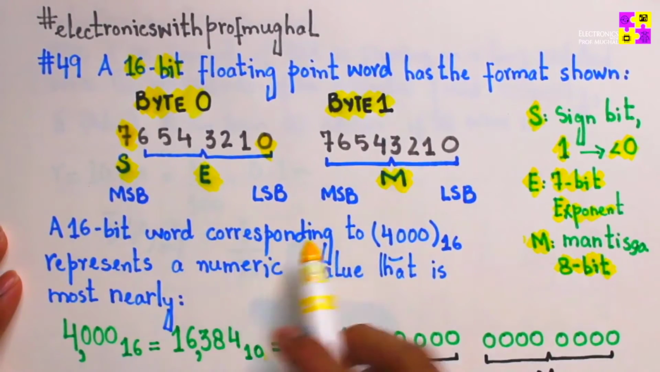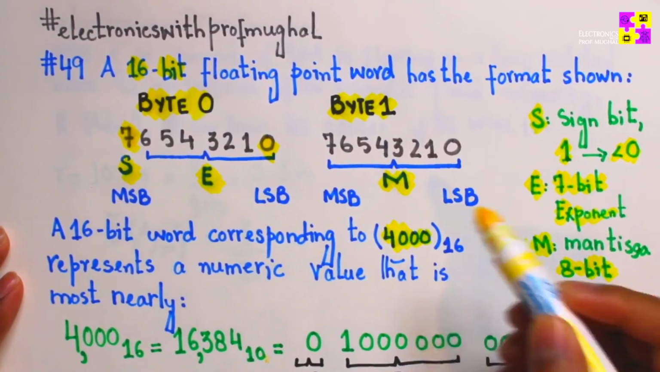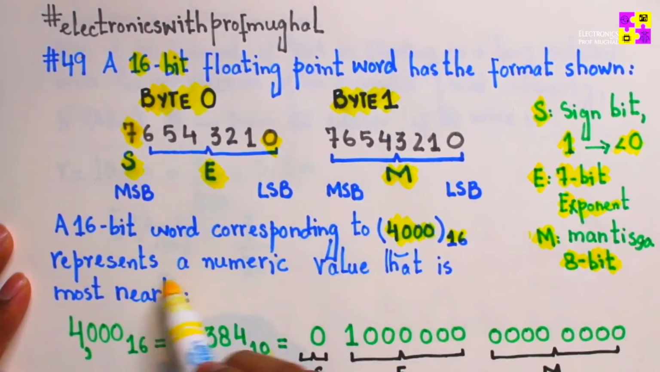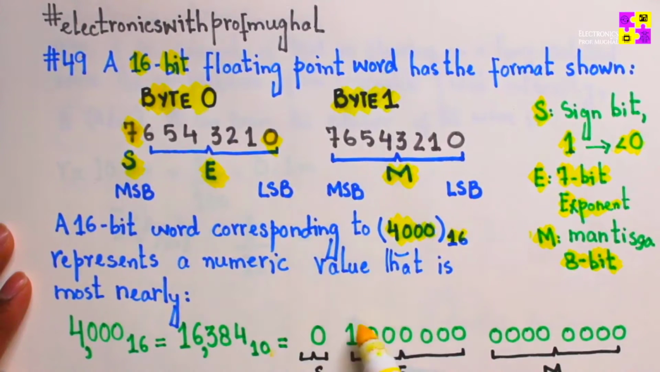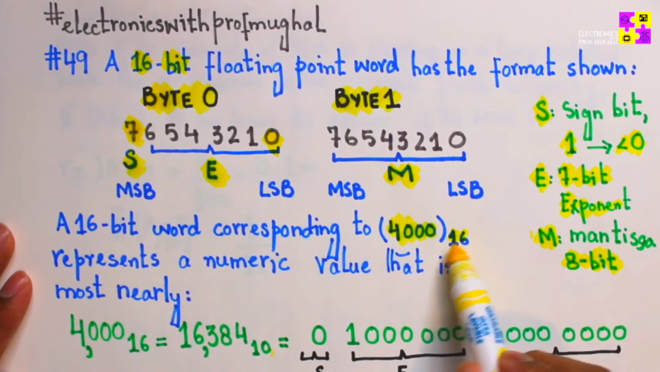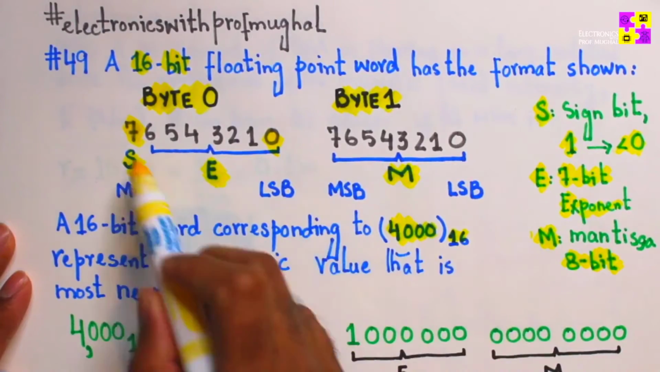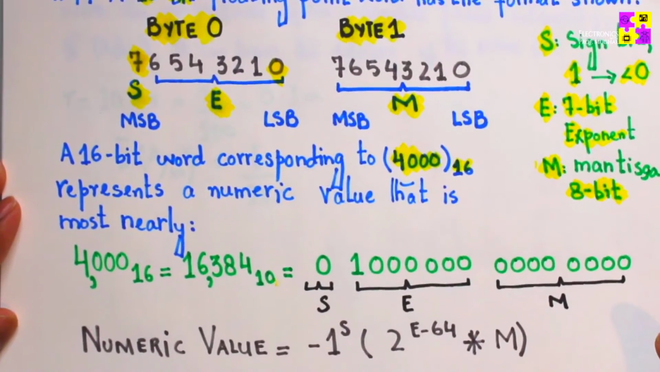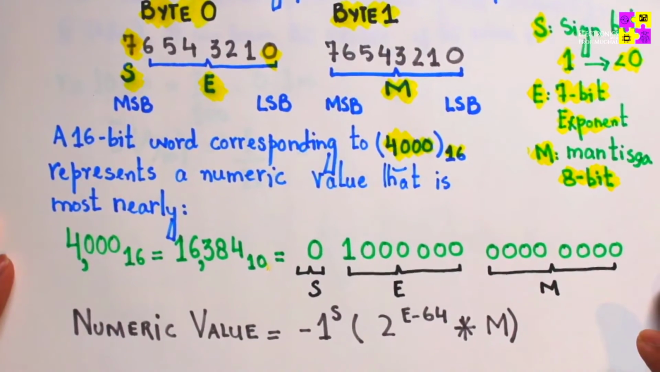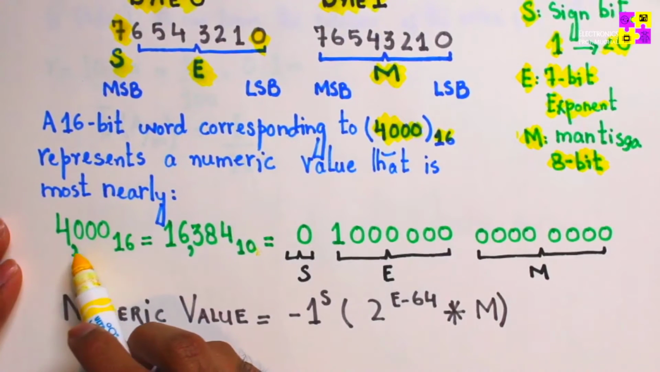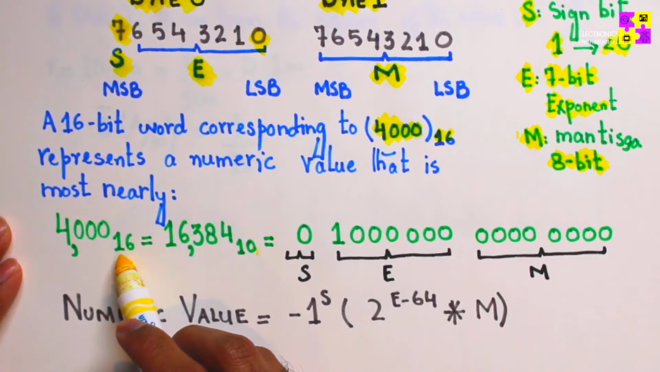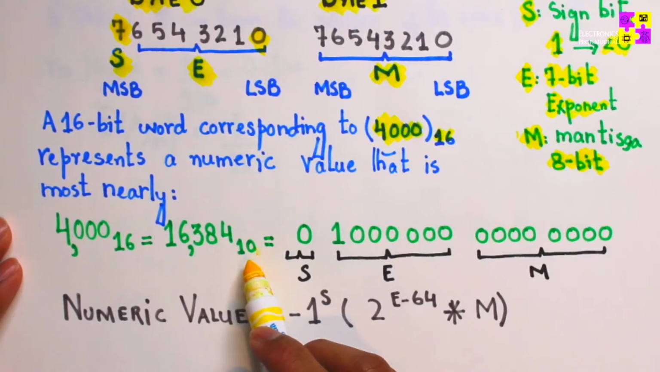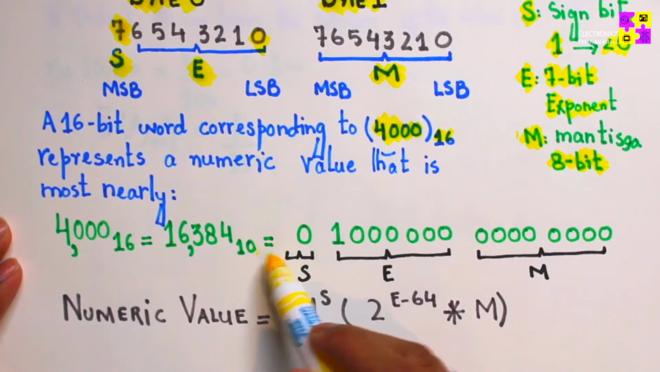So, a 16-bit word corresponding to 4,000. You can have the number 4,000 in base hexadecimal. This number represents a numeric value that is most nearly what? We have to convert this number from hexadecimal format. I wasn't going to do the conversion here, so I went online and used a conversion calculator, and found that 4,000 in hexadecimal, base 16, is equivalent to 16,384 in decimal, and the binary equivalent is